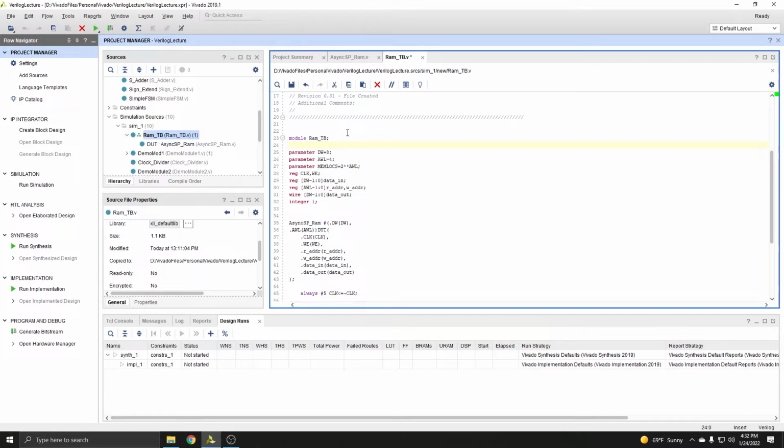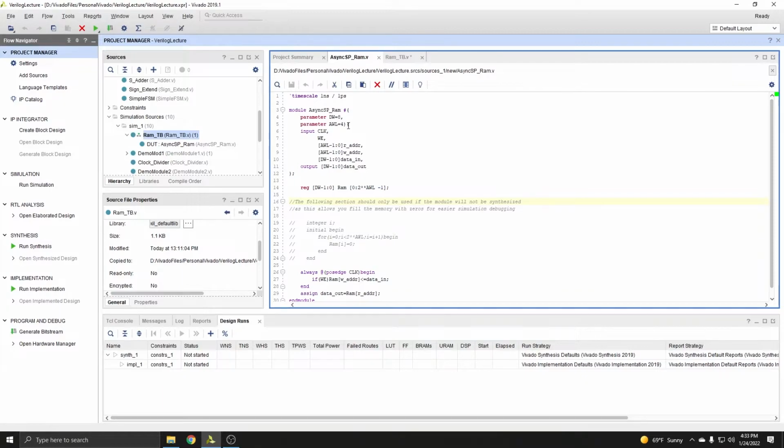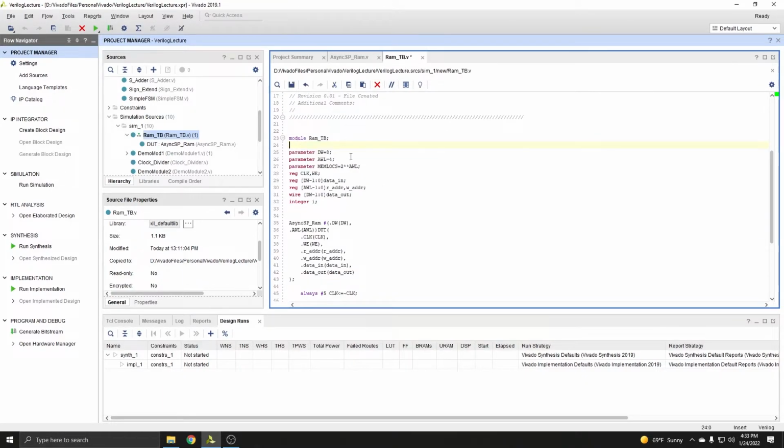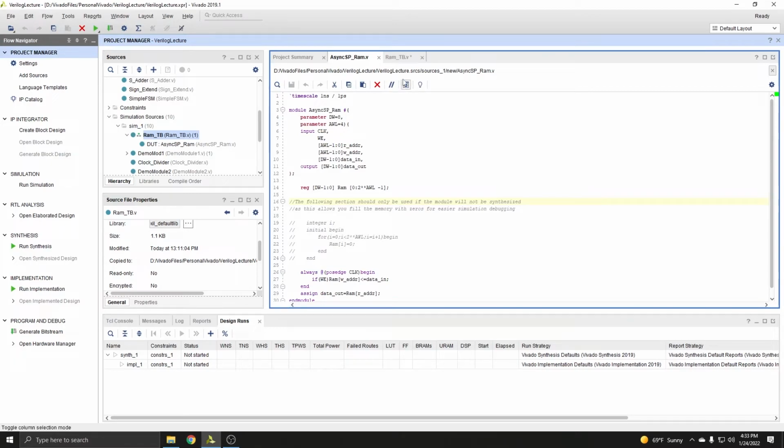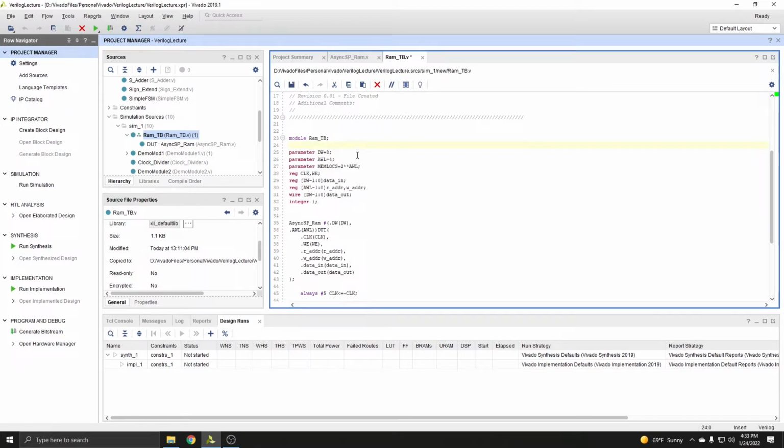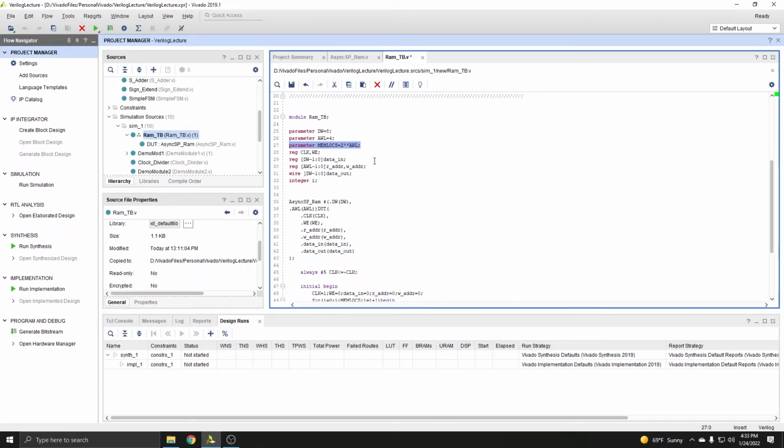Once you have the module completed and you want to make your test bench, you should start by declaring all of the variables that you're going to use and all the parameters that you want to use. So first, the RAM has 2 parameters to it, so I declare those 2 parameters. In this case, I'm using the same values, so I could have omitted them, but I put them here just to demonstrate. I declare the 2 parameters, DW and AWL, and then I declare a third parameter,